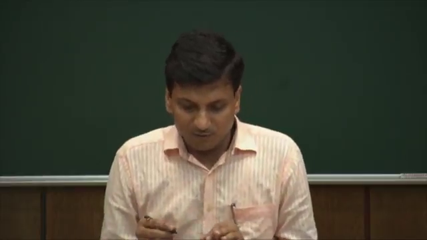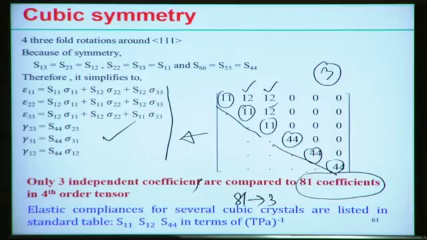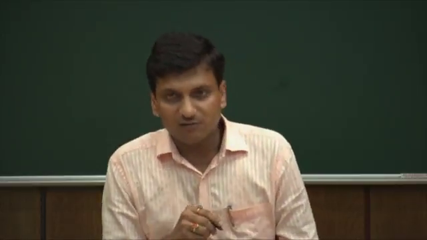So if we look into that, the cubic crystal system has 3 different constant terms, S11, S12, S44, or C11, C12 and C44. So in case of cubic symmetry for different materials, generally these 3 constant terms are available in well tabulated form, and we can use the values from the standard table to solve different kinds of problems. But if you look into that